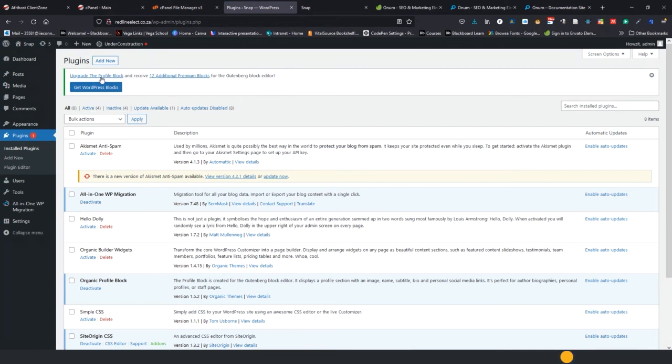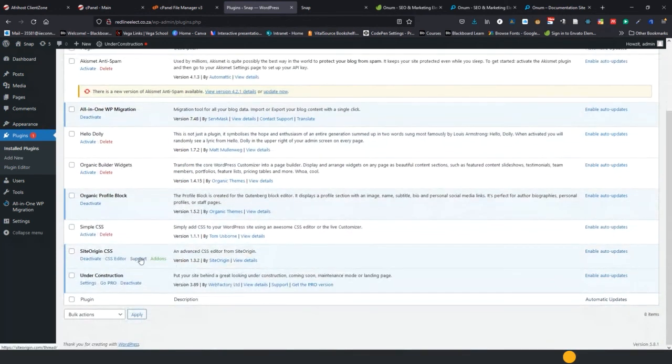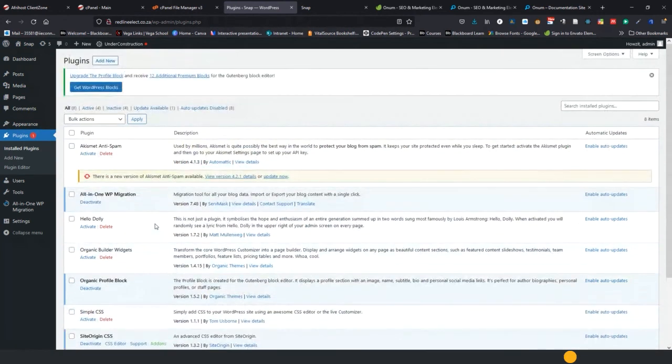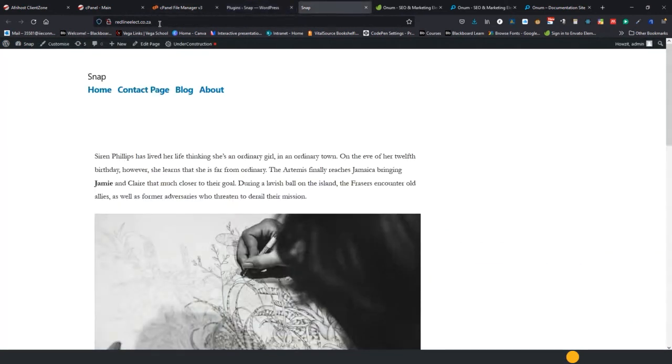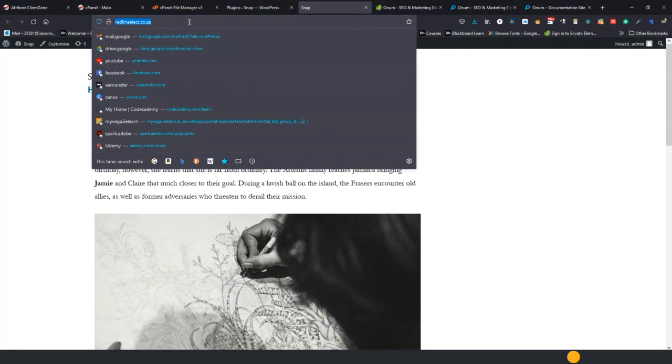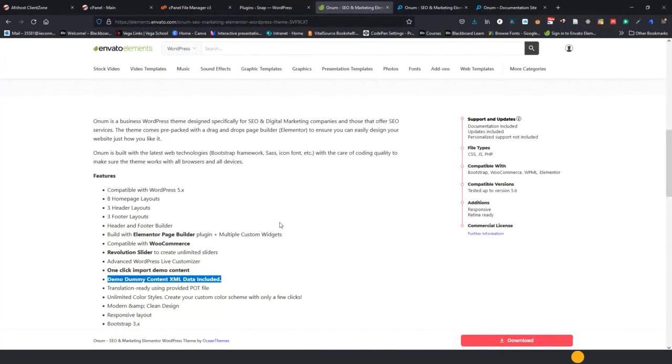Normally it tells you at the top here, upgrade the profile block, click WordPress blocks, whatever, that's something else. So do the updates, and then once you are happy, go and do your SEO. Guys, also please just remember that you are sending me this link. Make sure that it works, okay? Make sure that it works. I need to click on this and make sure that you also give me screenshots and you also explain your SEO, okay? Take screenshots of your SEO